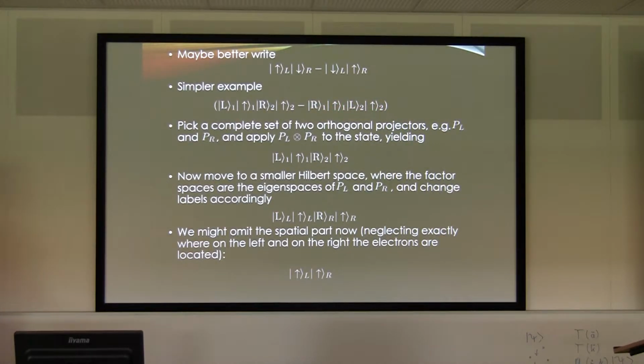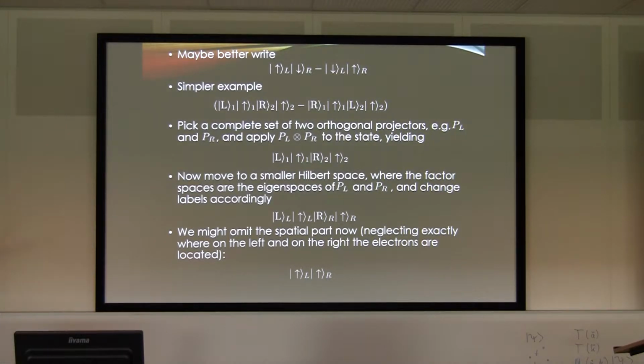So this we would normally interpret as two electrons with spin up, one on the left and one on the right. This is also a state that can be discussed in the context of Bell experiments. For example, after Alice and Bob have measured their electrons and say they both found them to be spin up, then this is usually a way you can write it down. But we normally do not include spatial parts, and we write something like this, just electron spin up on the left and electron spin up on the right.